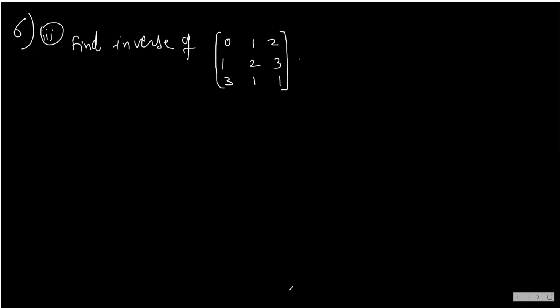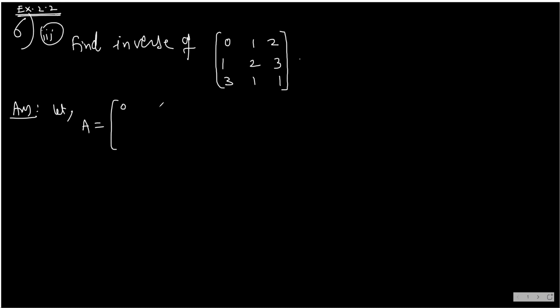Yeah, students, I'm starting with the inverse of this problem. Now here we have not been given, there is no compulsion on the method, so I can use the method which I choose. I'm going for row transformation. So see, how do I begin? First, I will write this as A. Let A equals to. By the way, this question is from exercise 2.2, question 3 of your topic matrices in paper 1.